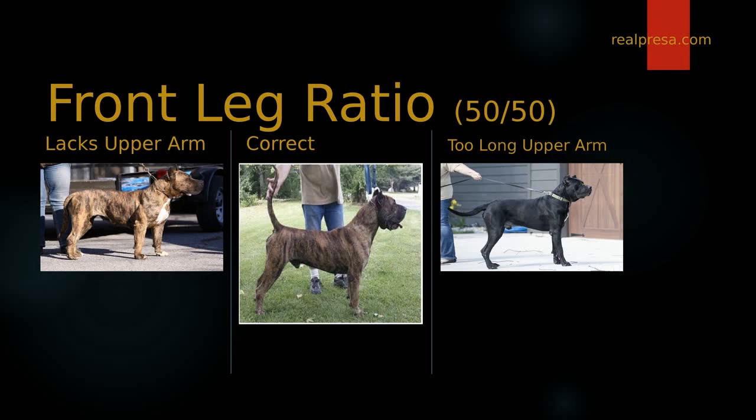It's just that look at them, see their faults, and try to correct them. Because we're not at the point where we can be throwing good dogs out with the bathwater, whatever the saying is. Sometimes we have to use them if they have traits that we can use. Back to the other, so front